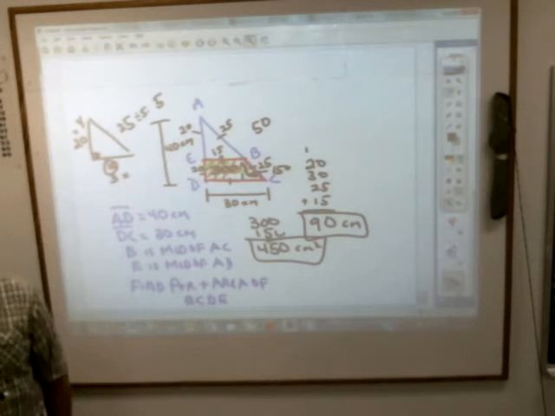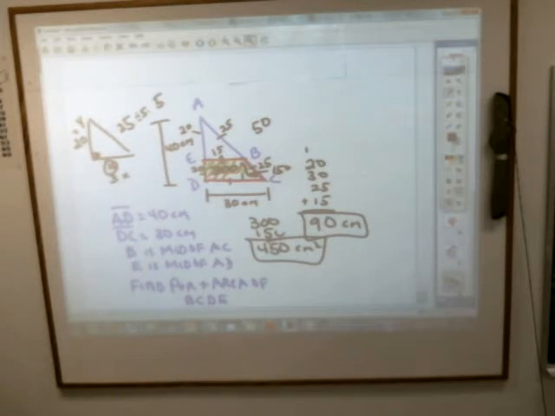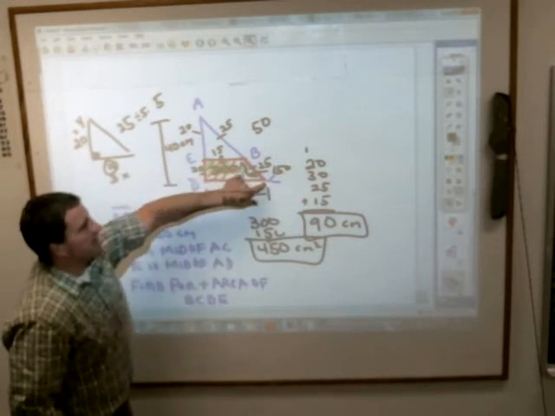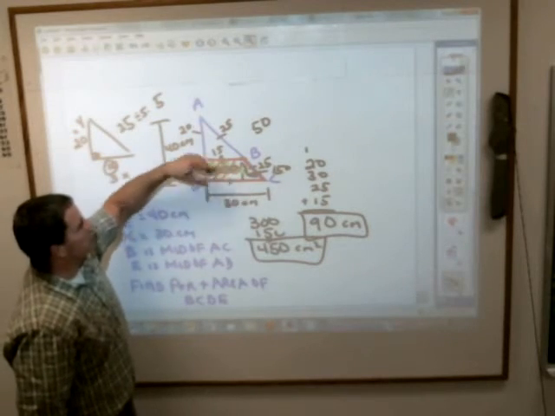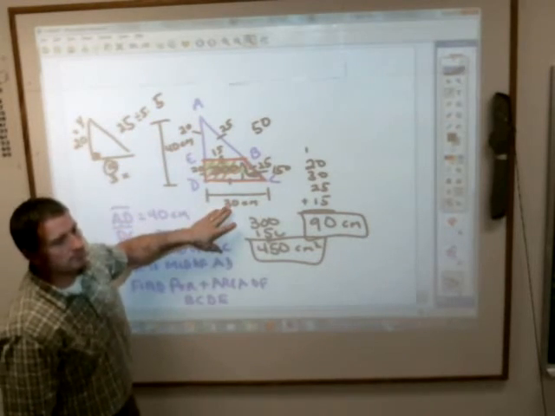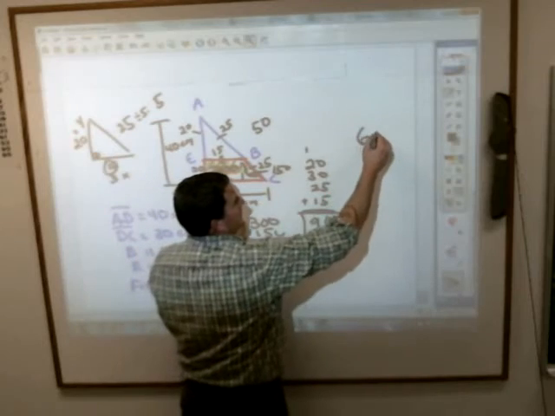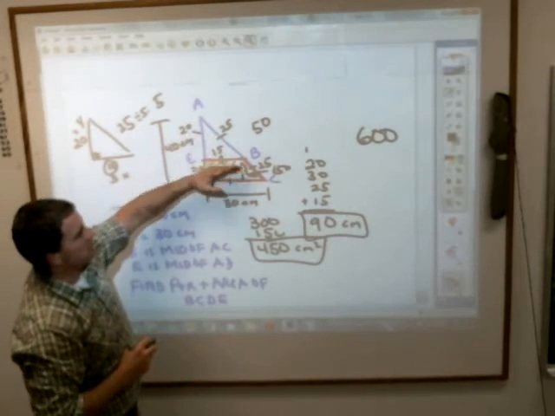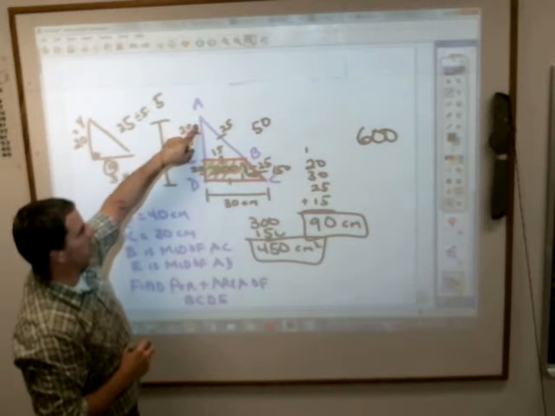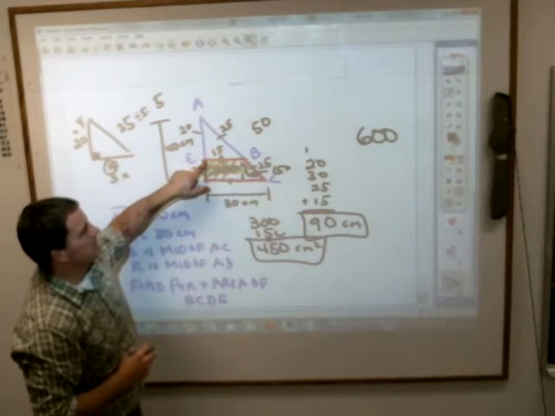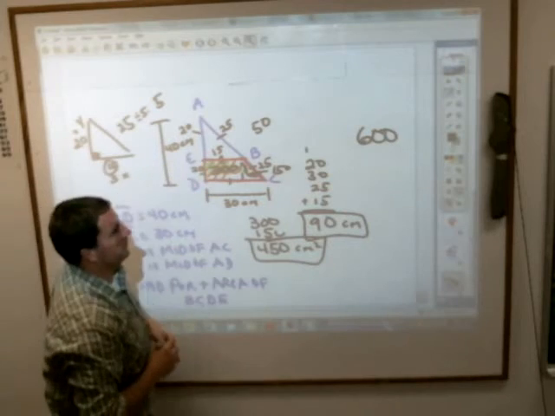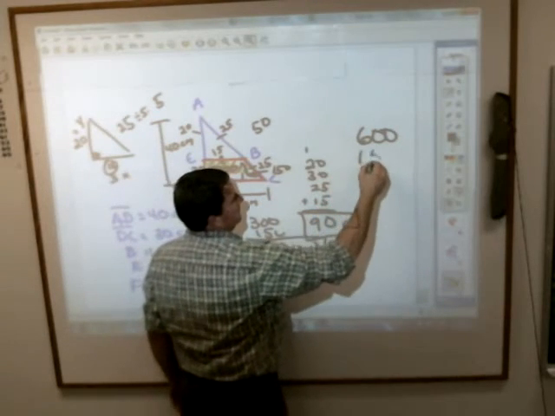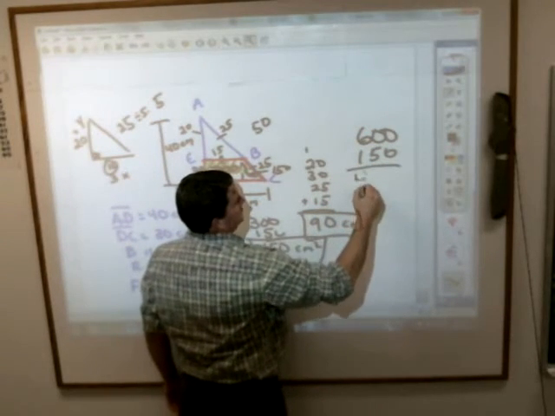If you don't get it, don't worry about it. Another way you could have done it, by the way, is what? You could have found the area of the great big triangle, which would have been 40 times 30 cut in half, and subtracted the area of the small triangle, because then you're just left with that piece there, which is 20 times 15, 300, half of 300 is, subtract them, you get,